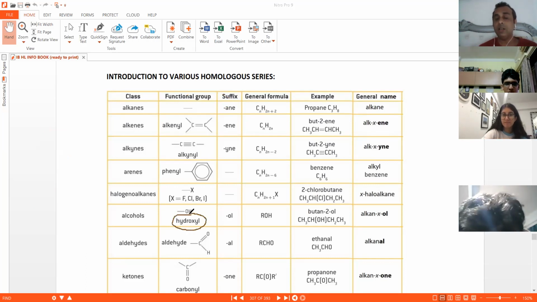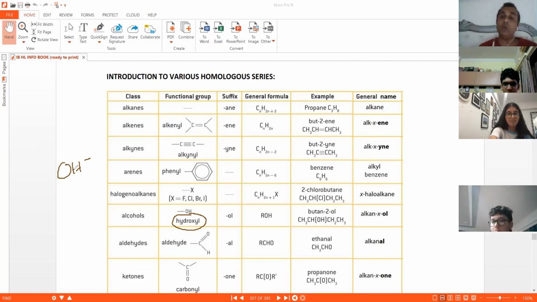not hydroxide. Remember, hydroxide is OH minus, which is an anion like sodium hydroxide, potassium hydroxide, that ionic compound bases. So bases have hydroxide. Alcohols do not have hydroxide. Alcohols have hydroxyl. Hydroxide is an anion, negative ion. This is covalent. OH is covalent here. Okay, so there is a difference. Okay, let's learn about all.